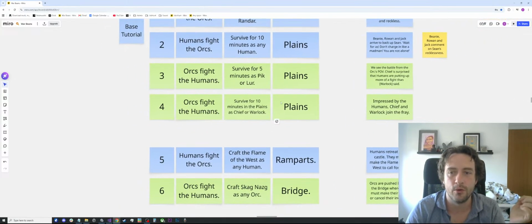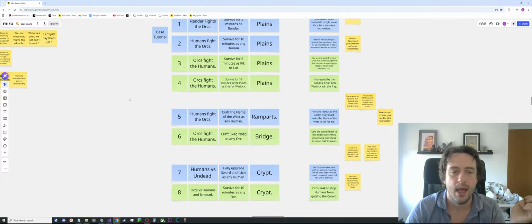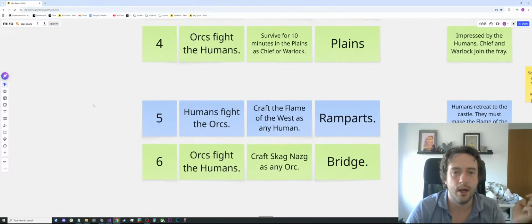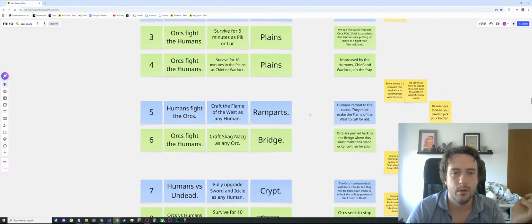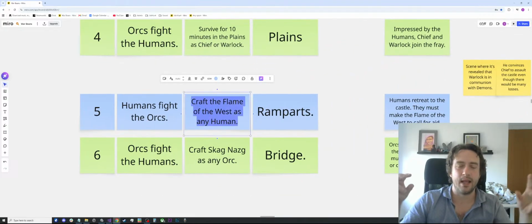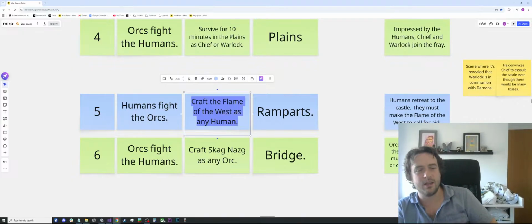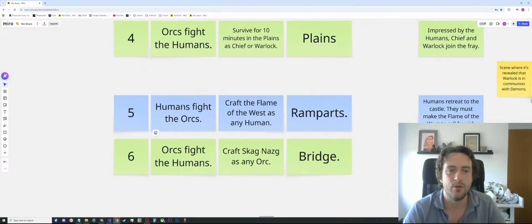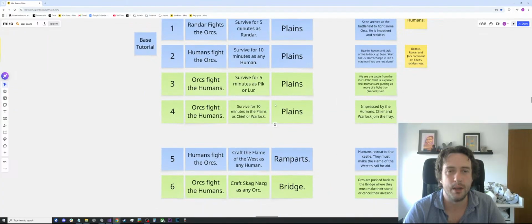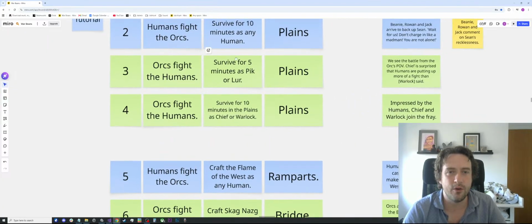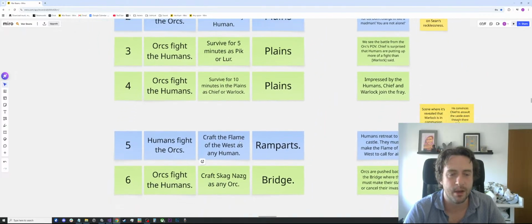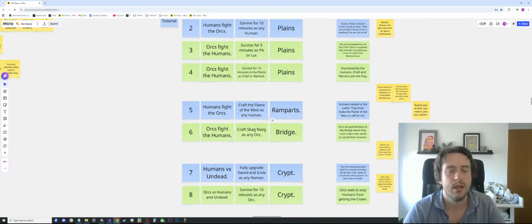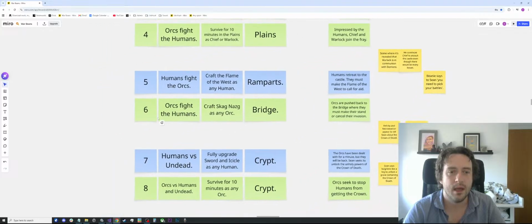And now you've unlocked all of the orc hero characters, and then the story is that the humans have to build the wall. And this was like you have to get a certain combo to win the mission, but I think it's fine just to say survive for a certain amount of time, or craft the flame of the west, and you'll need to build up your base. So ideally, if you've done this, you should have enough money to then build the ramparts, build the little wall around the town that you're in, and you defend the ramparts,